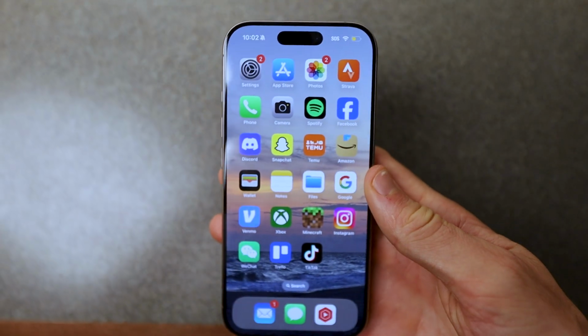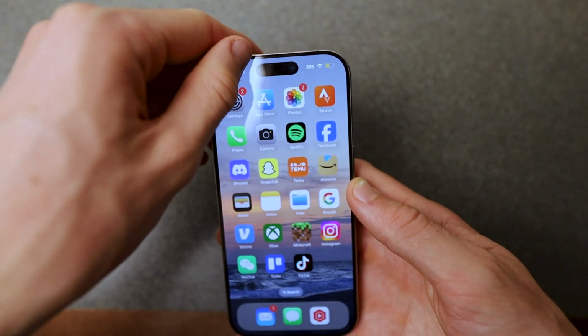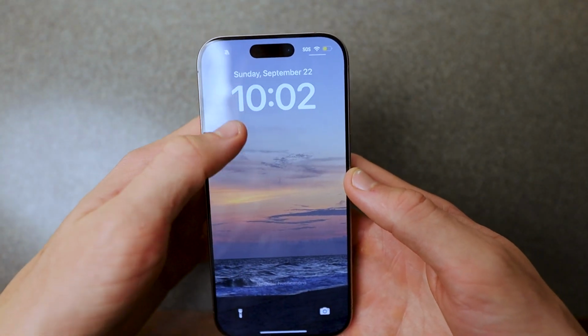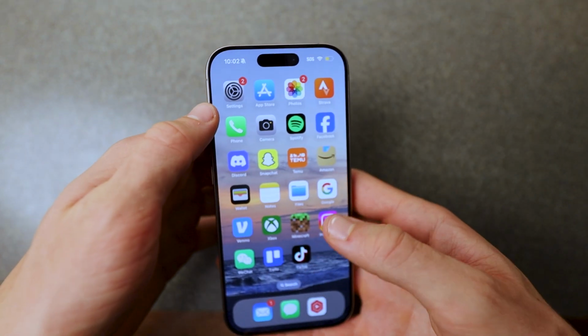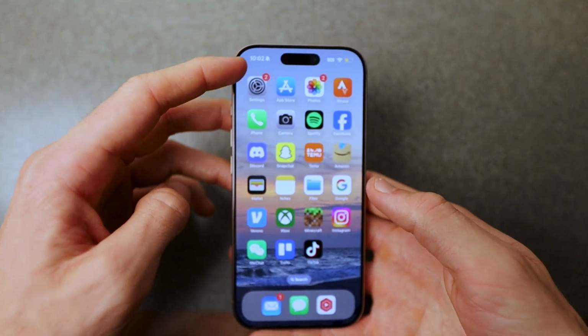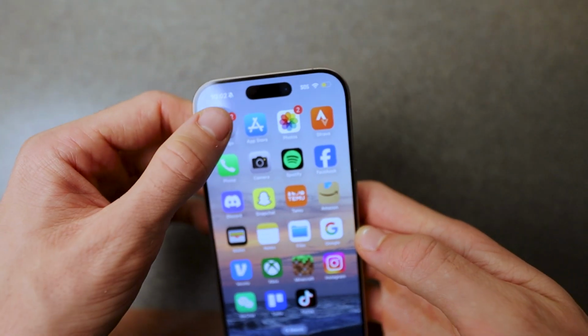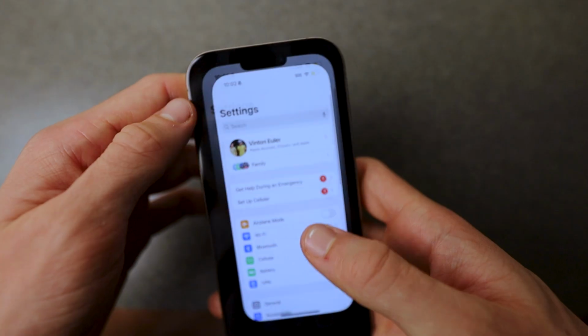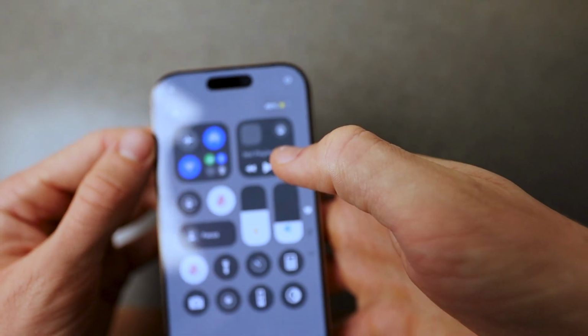In this video, I'm going to be showing you how to turn off pop-up notifications on your iPhone 16. As you can see, currently I have no notifications popping up, but let's just say you're getting banners and badges from the very top of the screen right here, and you want to turn them off. All you have to do to turn them off is you can just swipe down from the top left-hand or